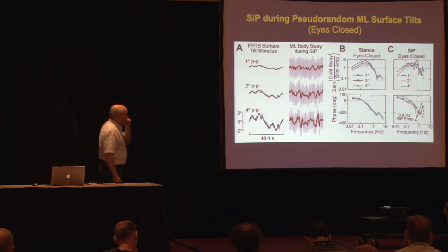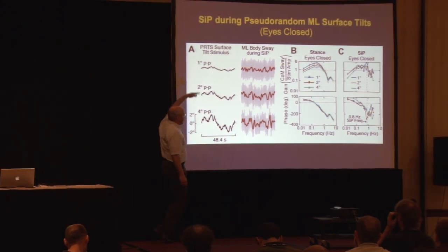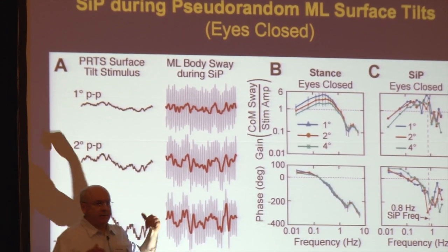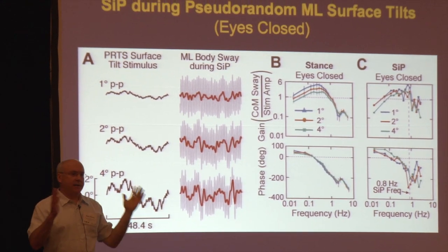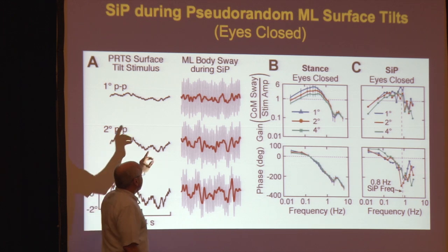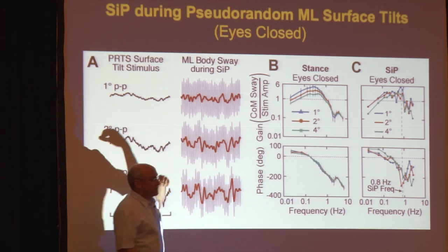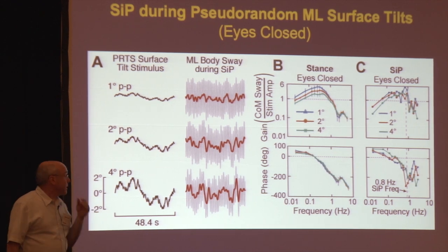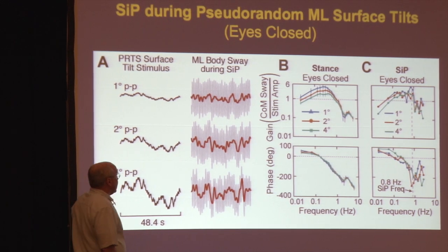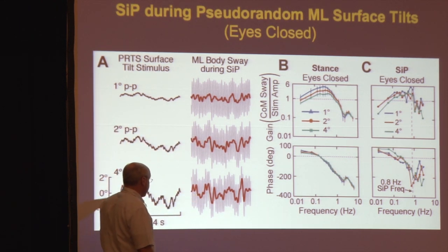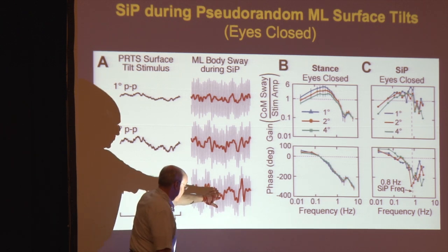And here are some experimental results, with different amplitudes of surface perturbations. The gray line is the center of mass position, so you're just oscillating back and forth as you're stepping in place. And the red line is just a low-pass filter to visualize the mean orientation of the subject during the stepping in place task. And you can see that it scales somewhat with amplitude and has some correlation with